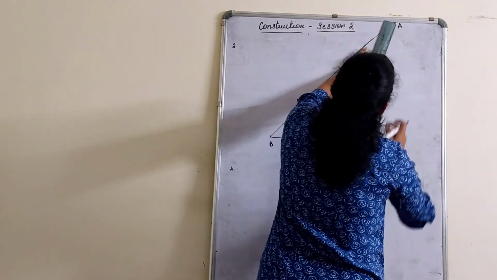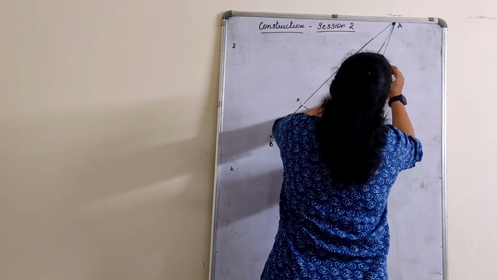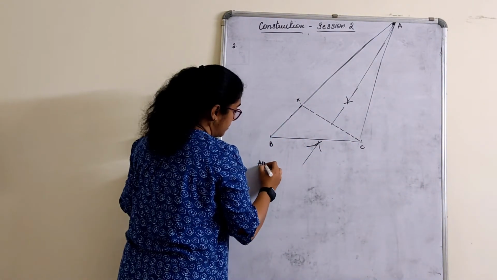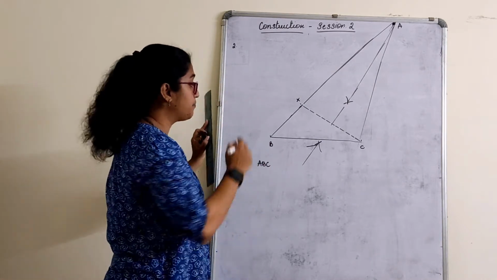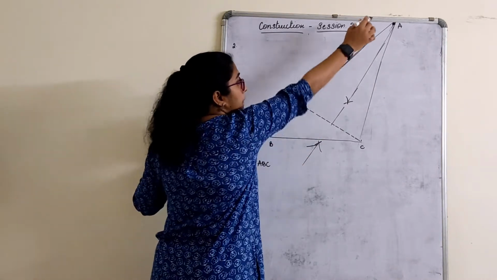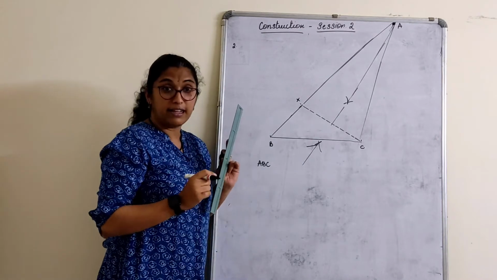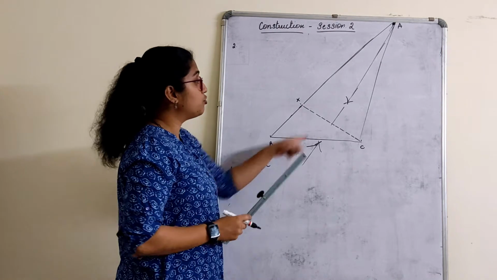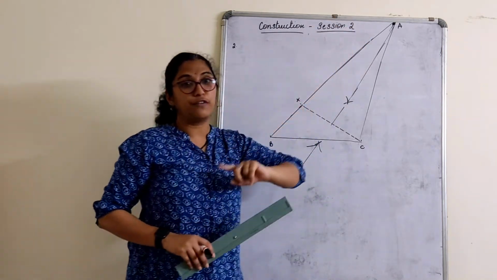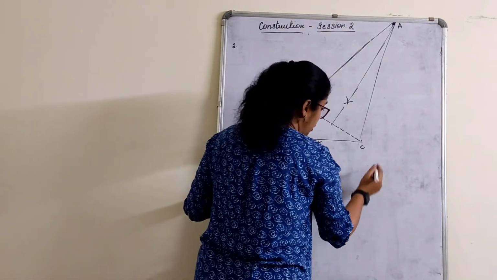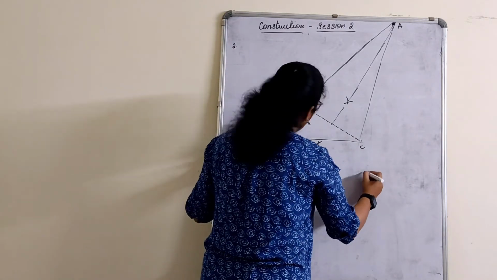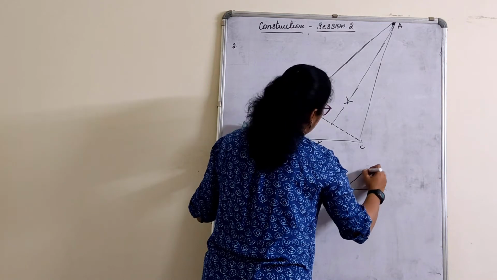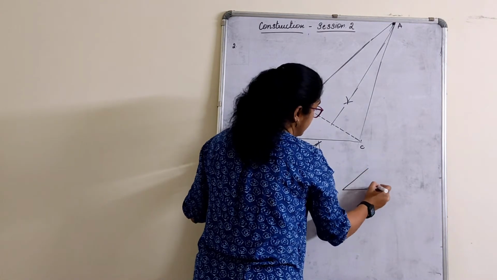Now, join AC. ABC is a required triangle. Measure AB, measure AC. Subtract that. You are going to get 3.5 as an answer. So actually when you do this, you will get to see the point of contact. I think, see the point of contact what you get in a triangle, something that's going to be like this, children. So this one was for 45, right?